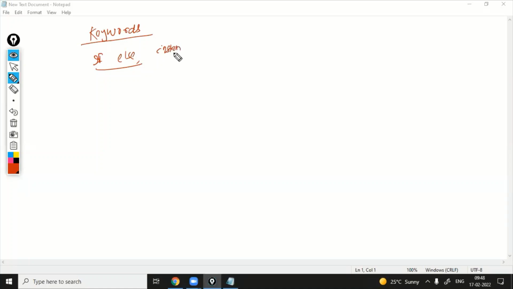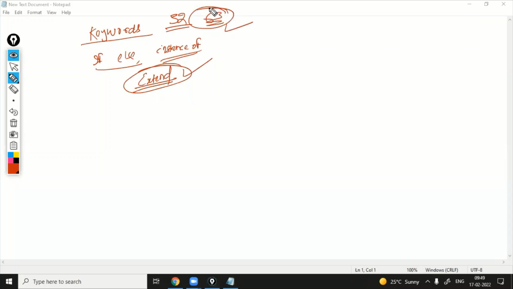At the end of the lecture I will show you how to use the instanceof operator. This is also one operator. And extends: while you study inheritance, you will find this extends keyword. So many new keywords are there. Please check your book for what the keywords are. I think C programming has 32 keywords, and in Java maybe 62 or 63. Check the latest book, latest version, so you'll find how many keywords. Old books list 50 keywords, but you have to check how many there are in the latest version.